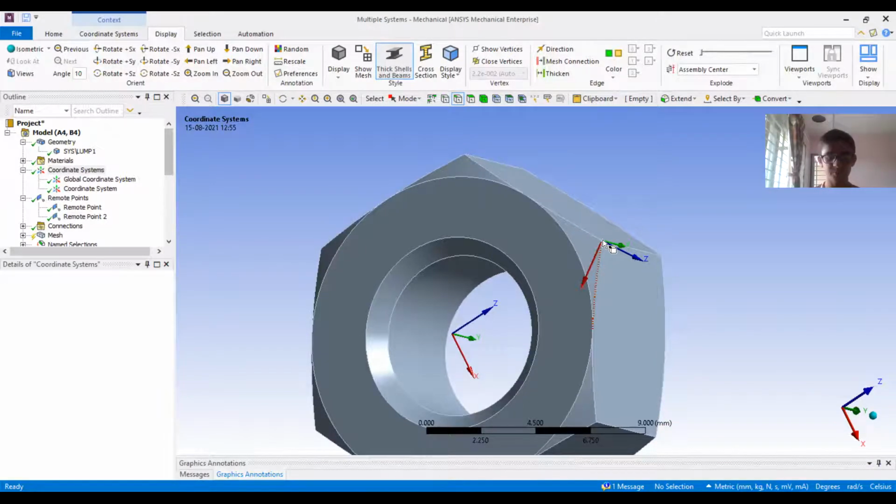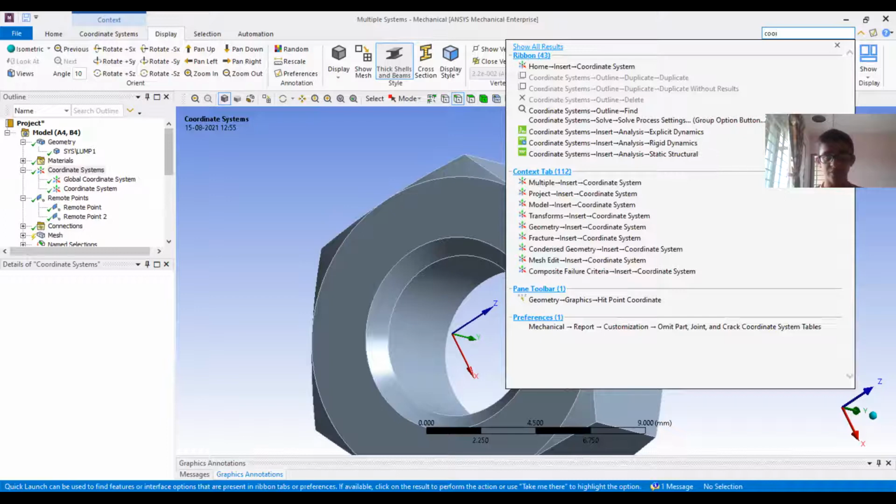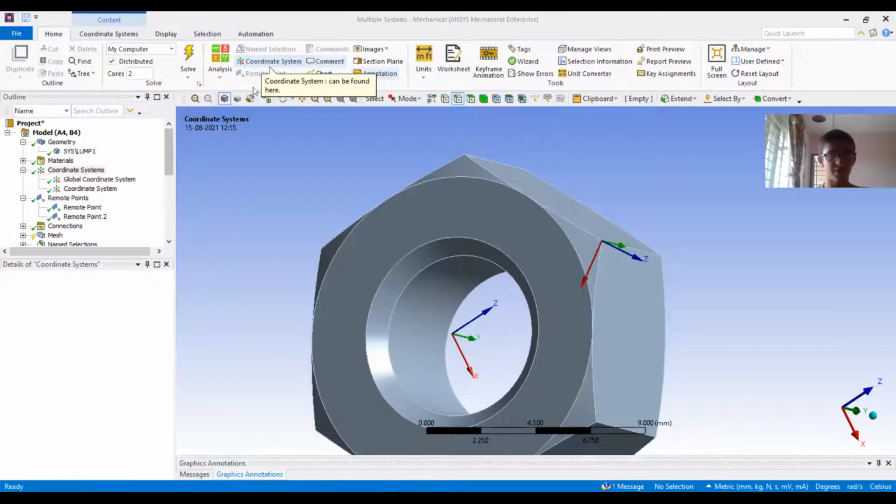If you click on some of the options, it will directly insert a new coordinate system, or you can click on the take me there option. It will highlight where the coordinate system can be found. So it has highlighted it over here. It is much easier when we don't know where things are. We know that the coordinate system options are available, but where they can be found can be easily discovered using such quick launch options. It is very helpful for anyone who is new to coordinate systems.